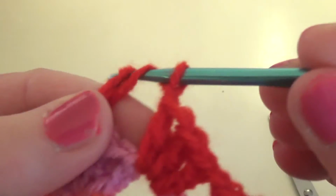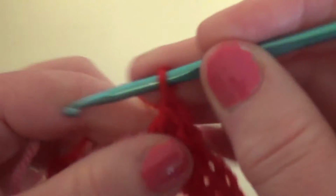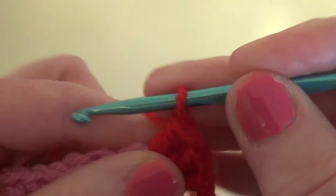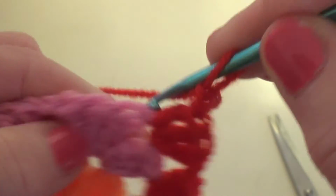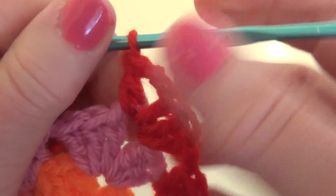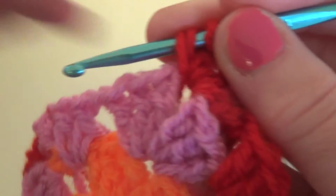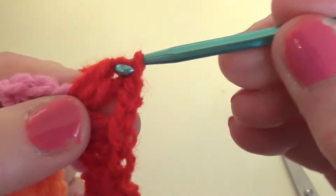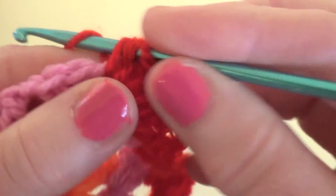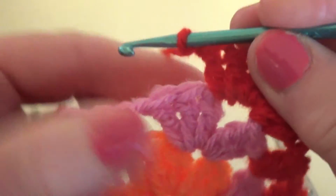so 1, 2 double crochet, 3 double crochet, chain 2 to form the corner, and into that same space again another 3 double crochet, 2 and 3. So you can choose your own colors, or you can make it chain 1 now, make the side